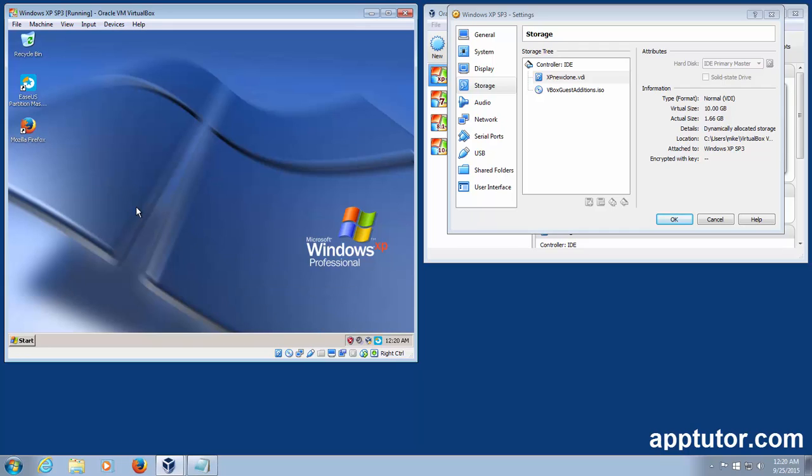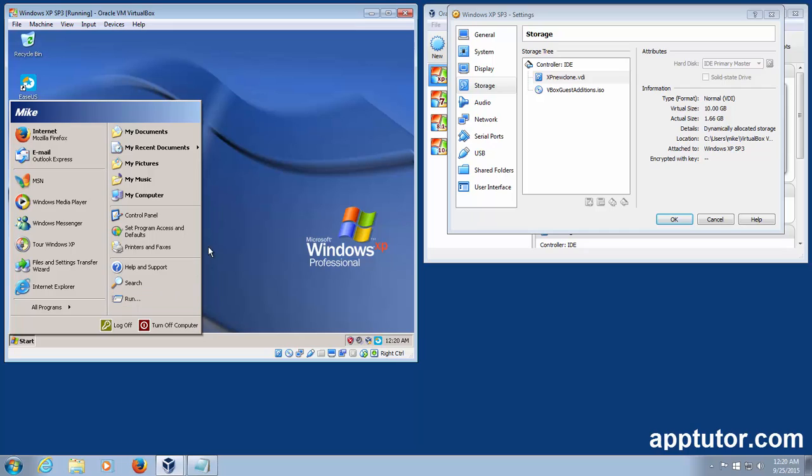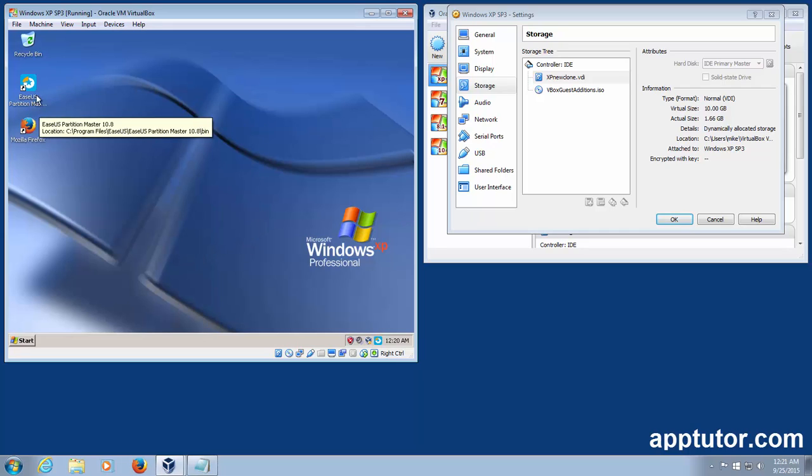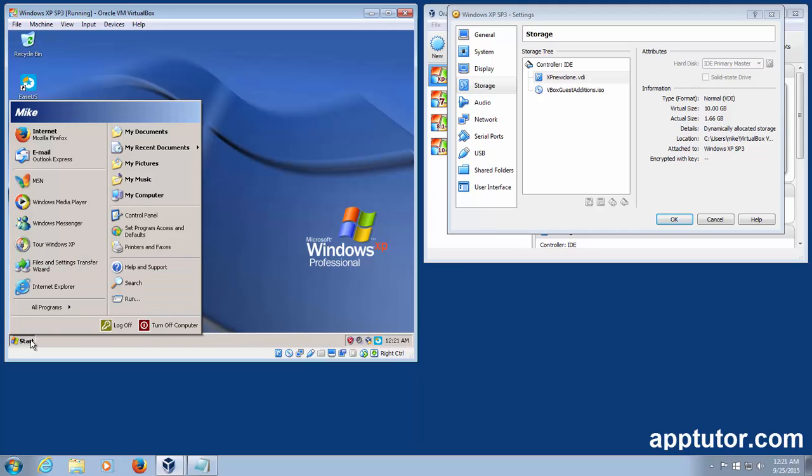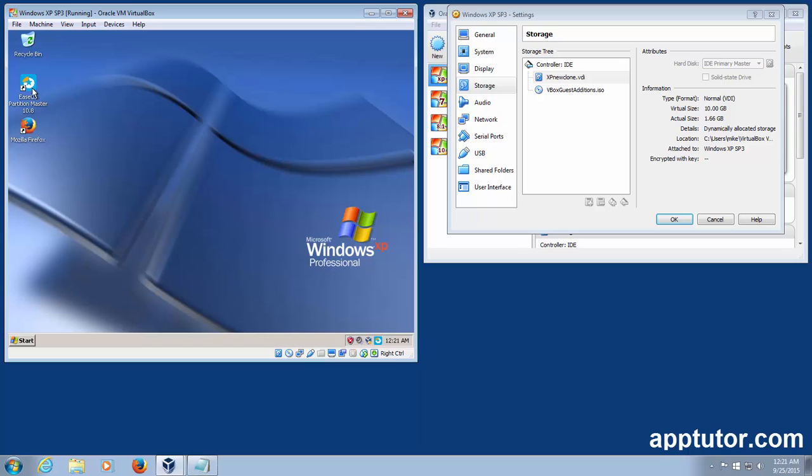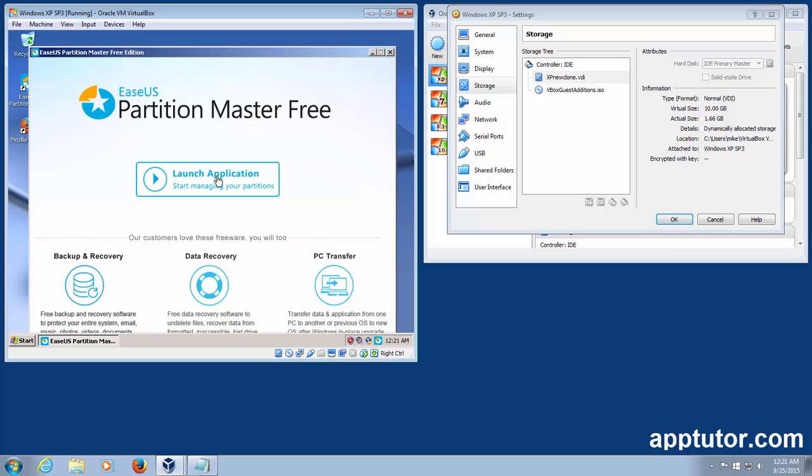But if you don't have that option, and you just need something quick, a free tool that has good ratings and reports is EaseUS Partition Master. This is a free home user trial version, and I'm just going to go ahead and launch it. Launch the application,